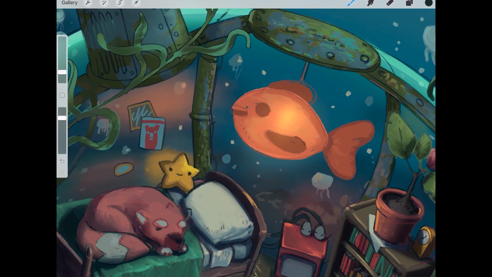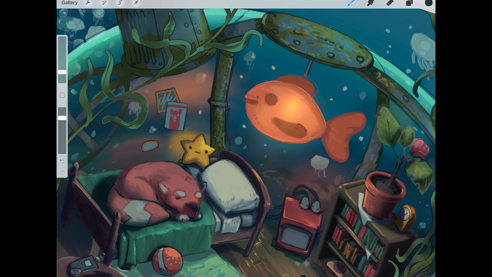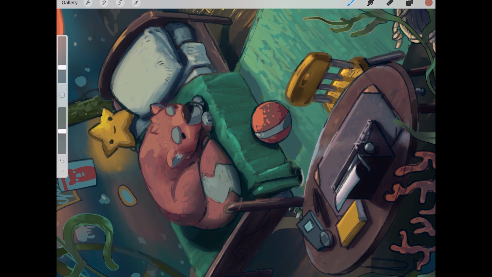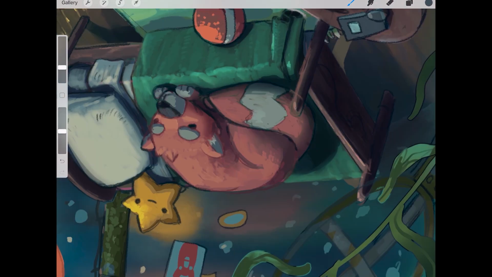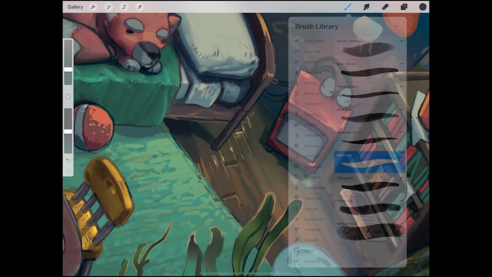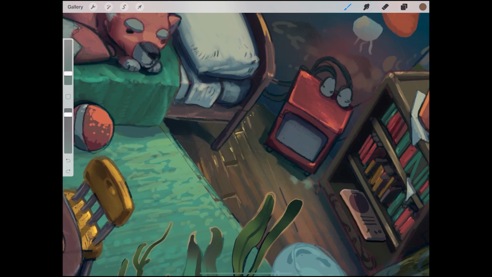So I just painted everything with 100% brush, and when the kelp layer was done, I copied it, and then on the lower layer I added a small Gaussian blur and I made that layer darker. And then I used the selection of the top layer to cut out the inside of that layer, so that way I could kind of fake the line art of the kelp layer, and then I just merged it with the line art